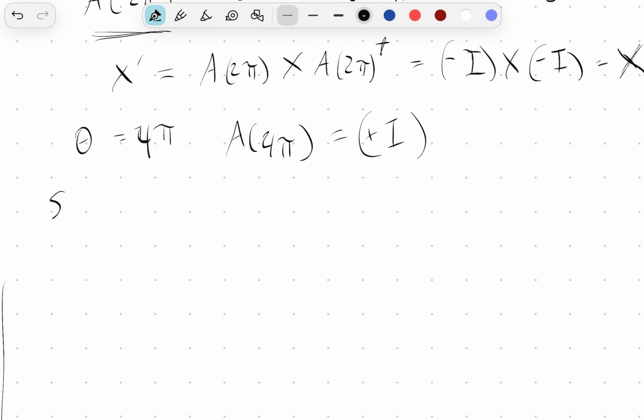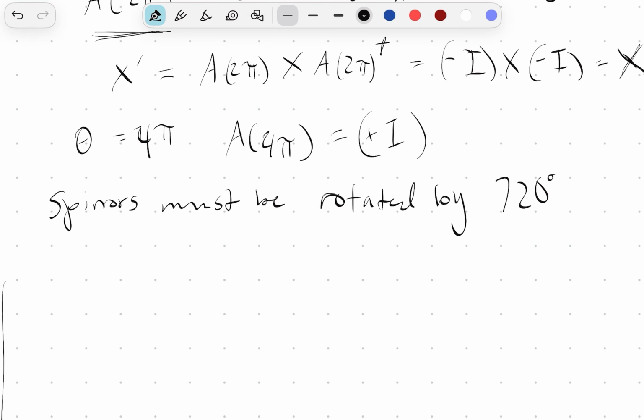So what's interesting is spinors must be rotated by 720 degrees to return identically to itself,